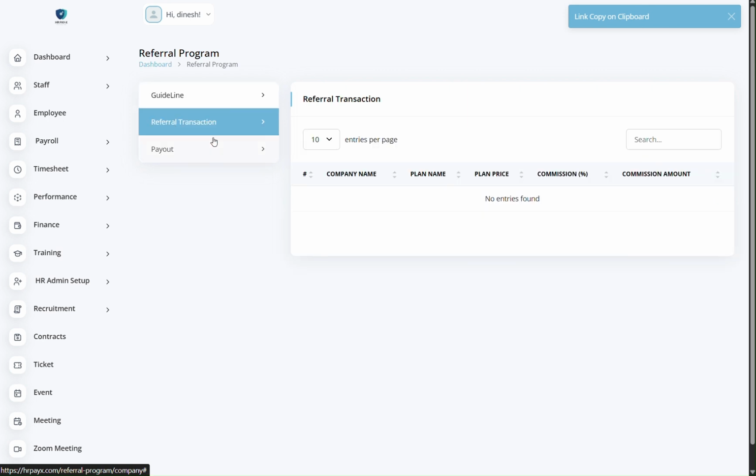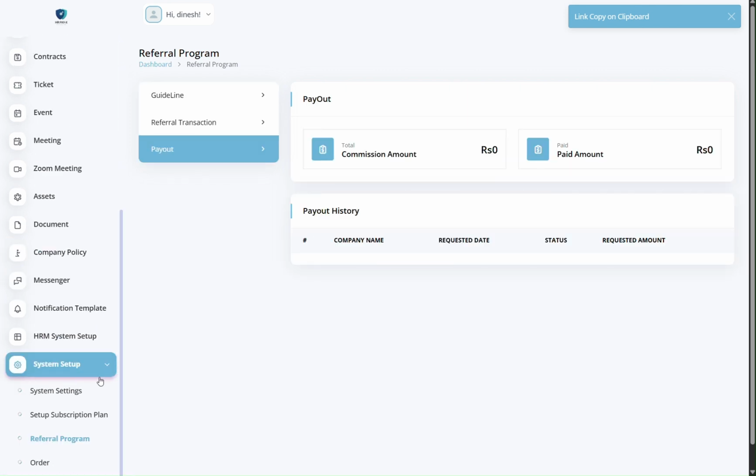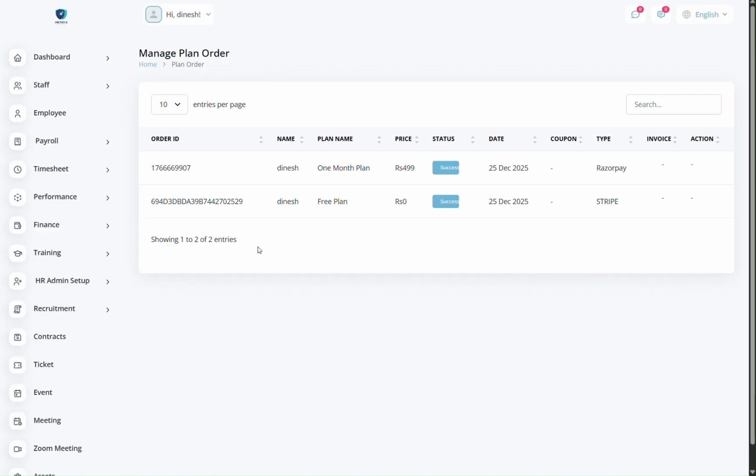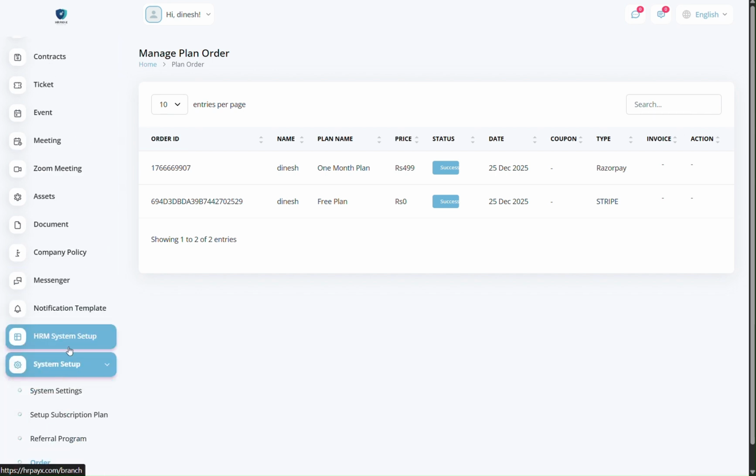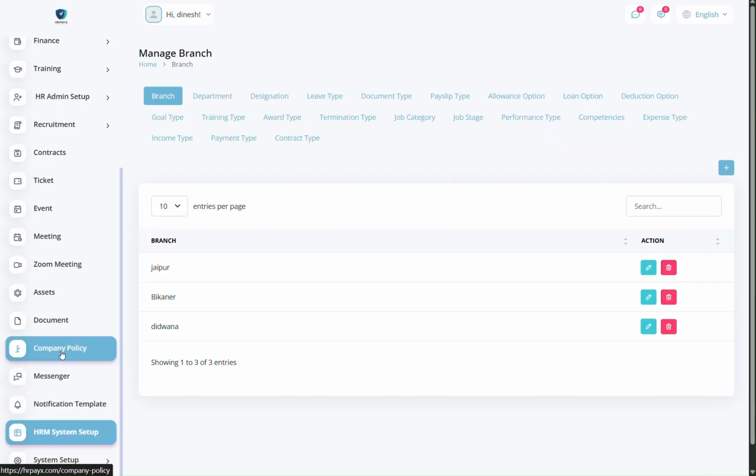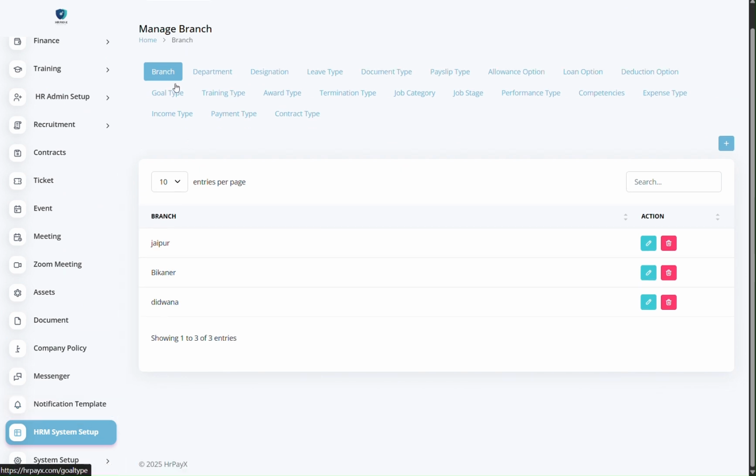Okay, referral transaction payout, you can see all of this here. You see all your orders in this dashboard, your free plan, subscription plan and paid plan. HRM setup, now I will go to HRM setups. In HRM setup, you can create your branch, department, designation, leave type, document type, pay slip, allowance option, loan, discount